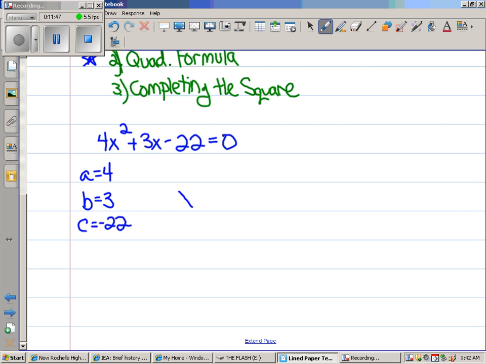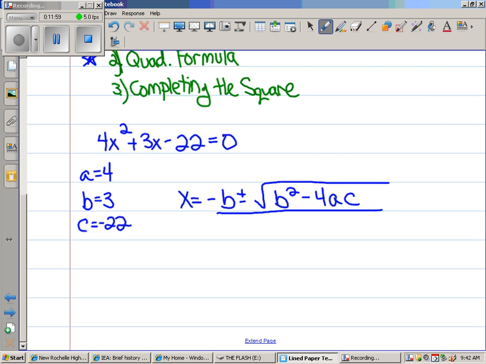Right? Let's remember the quadratic formula. That's x equals negative b plus or minus square root of b squared minus 4ac, all over 2a. Who completely forgot that? Of course. Let's plug it in. X equals